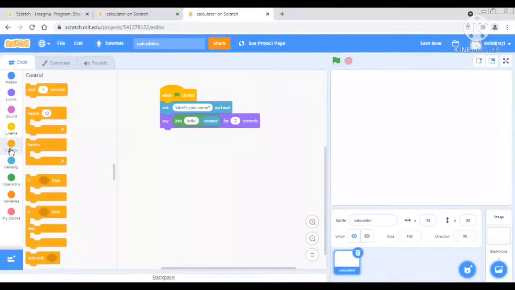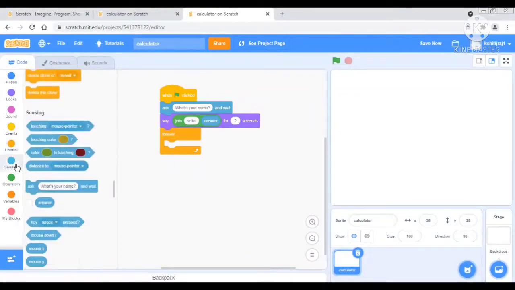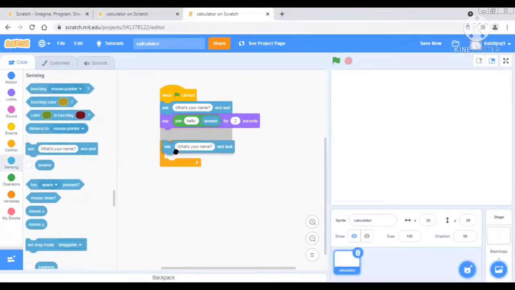Now we will start our main work, that is making a calculator. It's pretty simple, and it's pretty confusing also, but not very much. We will do the same for plus, meaning addition, subtraction, multiplication and division. Then after taking the say block, we will go to sensing and take ask.